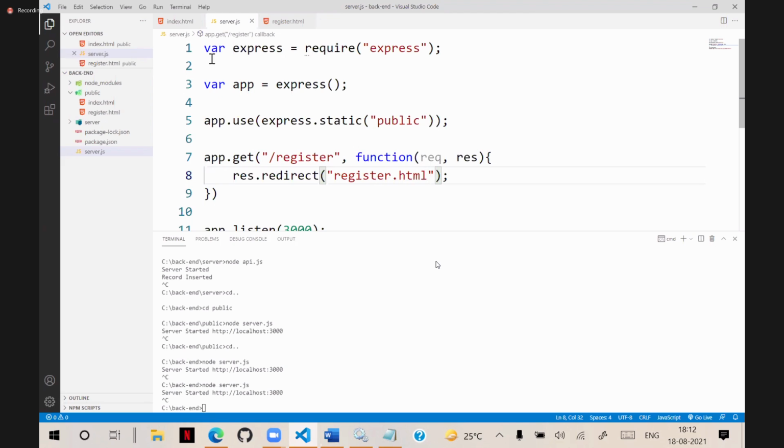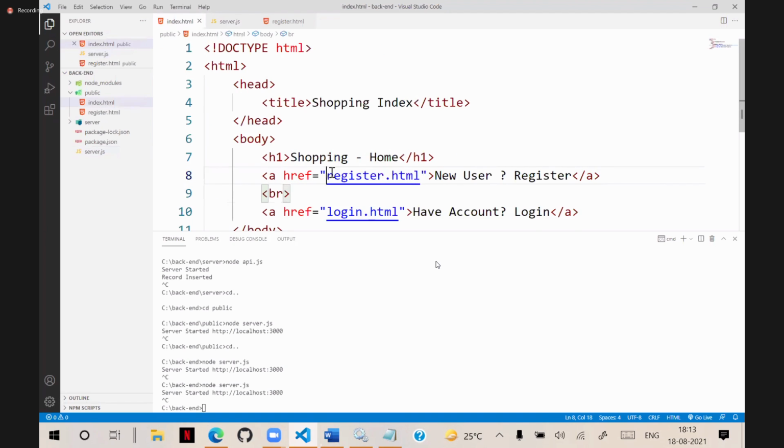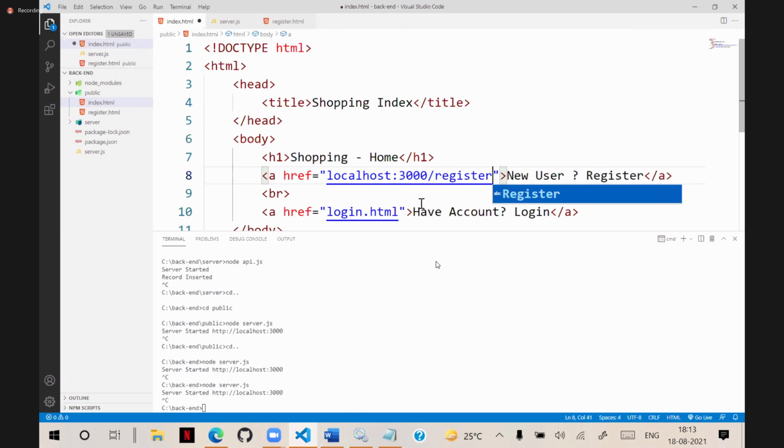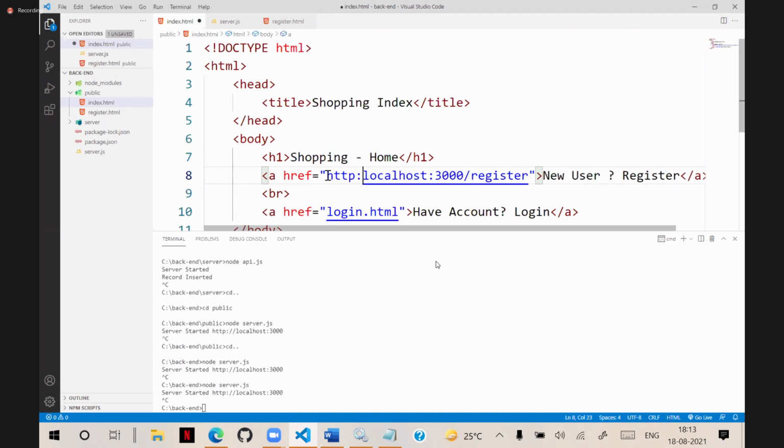In the URL, you see the index page URL. Suppose I am configuring localhost, colon 3000, and here we say register. That is the route path, http:// like this. But it is not required; just the page name is enough.